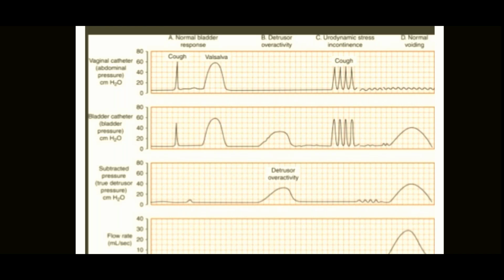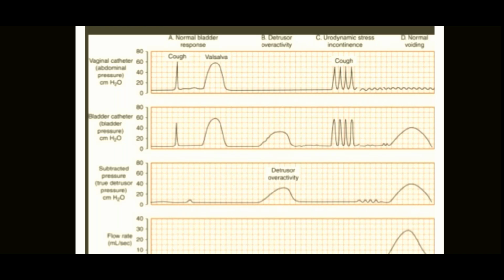Whereas whenever you see a detrusor overactivity patient, there will always be a rise in the detrusor pressure during the filling time, whereas during the filling there should not be any rise in the detrusor pressure as such, or there shouldn't be any spike in that. So in the detrusor overactivity patient, we'll see that the spike is there in the detrusor as well as in the bladder pressures. Okay, but the abdominal pressure is not rising.